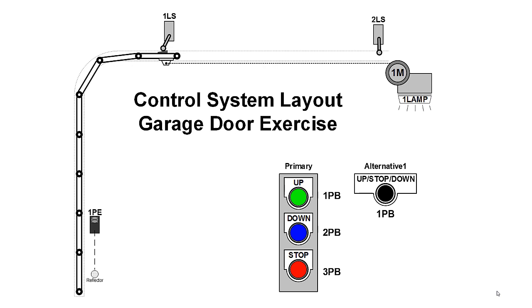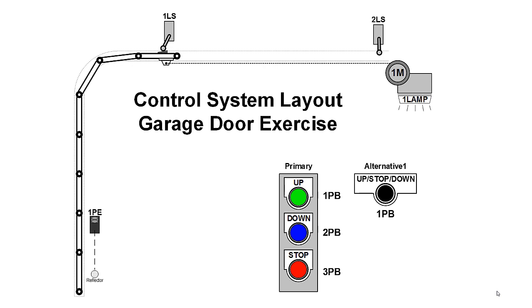What I'm showing you here is reflective. It could also be a through beam. Through beam's probably the most common. On industrial garage doors, maybe not. You also have push buttons to control it. A button to tell it to go up, a button to tell it to go down, and a stop push